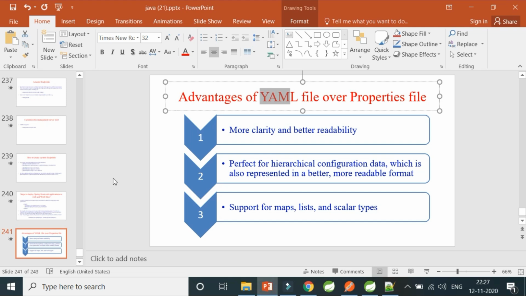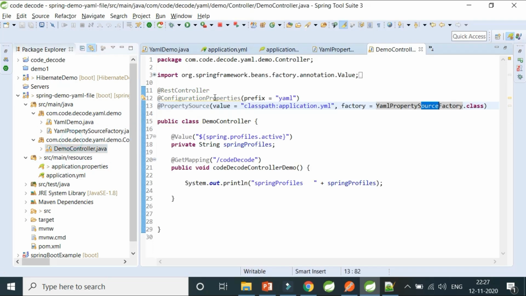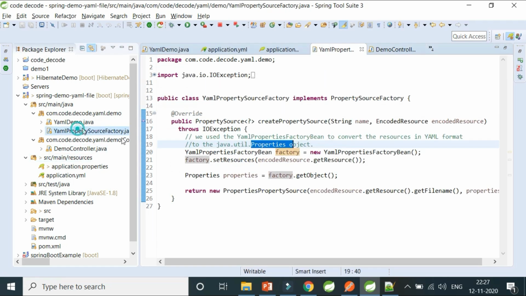Now, if you understand how YAML works, you must know the advantages of using a YAML file over a property file. Because if you go to the interview and say that in my Spring Boot application we don't use property file, we use YAML file, then he'll always ask you why you used that. If the property file is already available, you don't have to use extra things like property source, explicitly telling them that please read this YAML file, and you have to use the factory